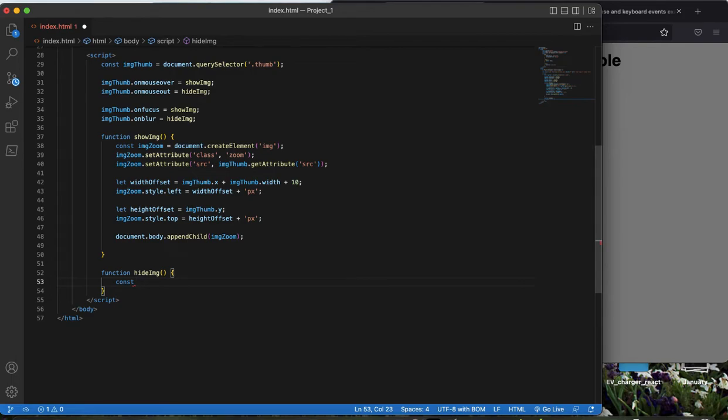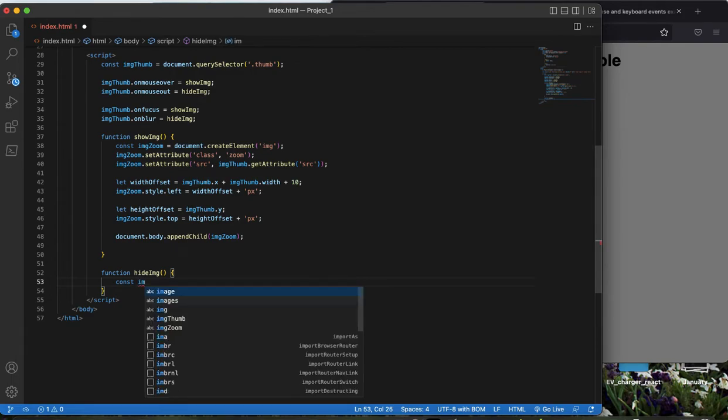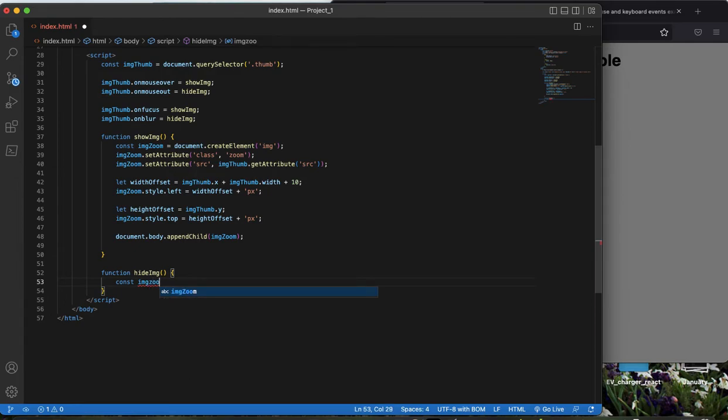We can also give it this name, image zoom, but now we can make it in a camel cased way, like this one, and equals to